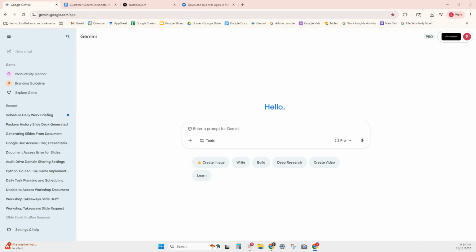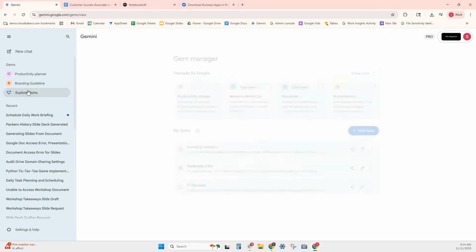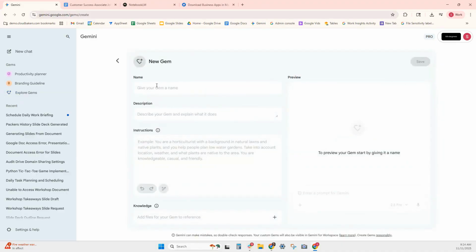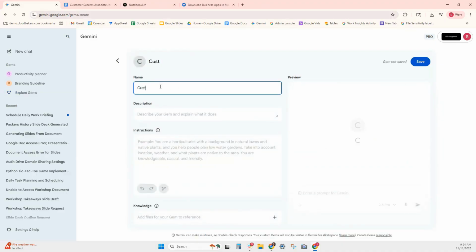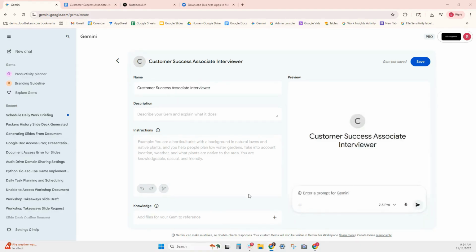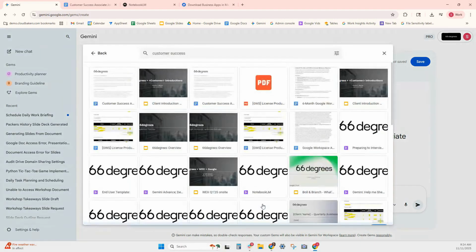So the first thing we're going to do is go to the Gemini app. And then we're going to go into explore gems, and then we're going to create a new gem. So I'm going to call this customer success associate interview. And then I'm going to put a knowledge base. I just found out you can actually add folders as knowledge, so you don't have to add these individually,